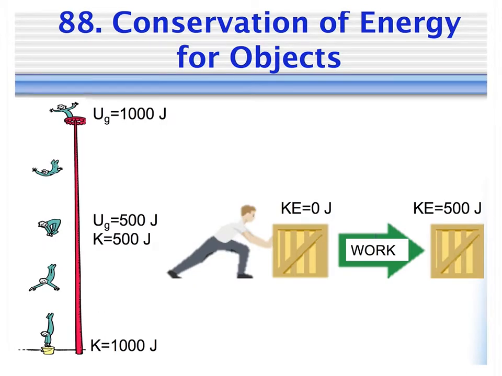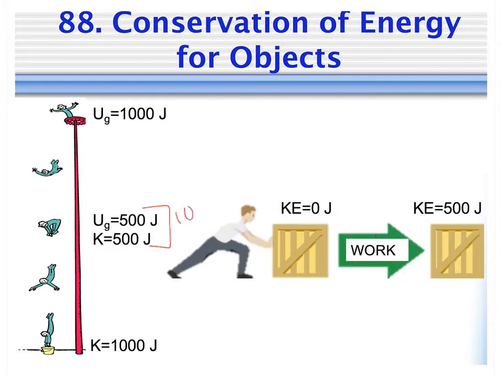So we see here two examples with numbers written out. First we have this gentleman diving off of a platform into a bucket. Can't see how that could go wrong. Starting off with 1,000 joules of gravitational potential energy. As he falls, that gravitational potential energy is decreasing and becoming kinetic. We see here at the halfway point, we're down to 500 of each, but we notice that the total here